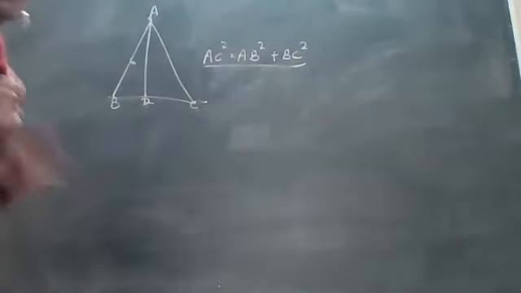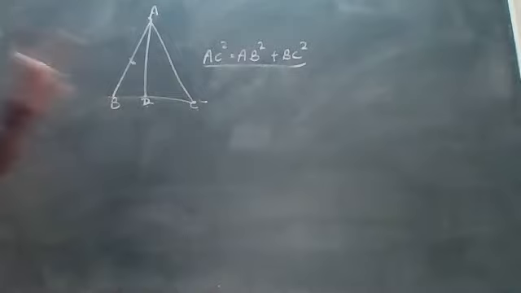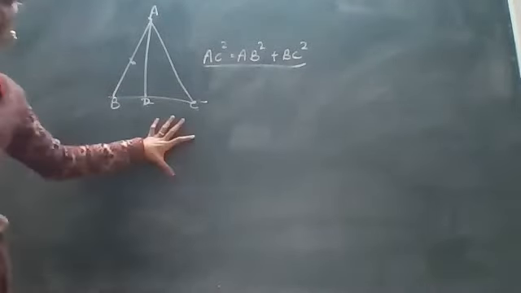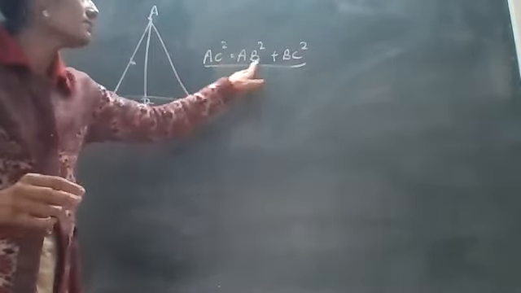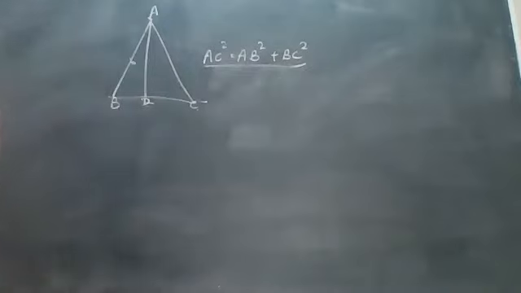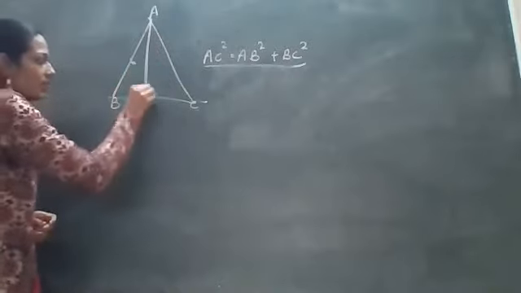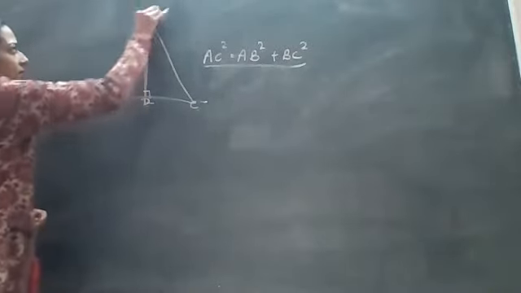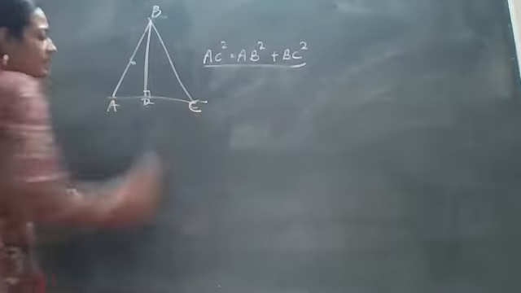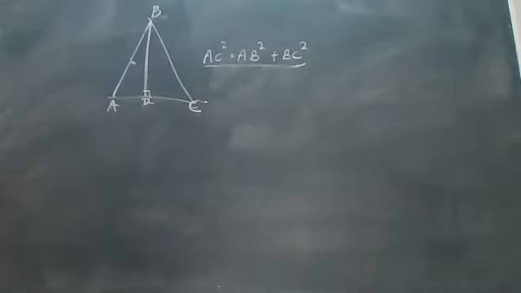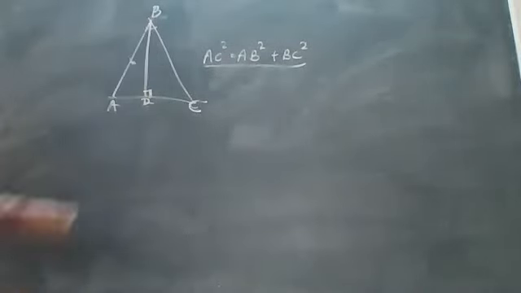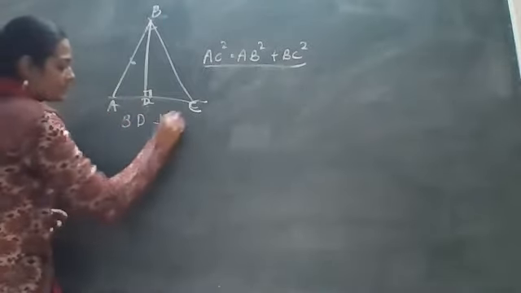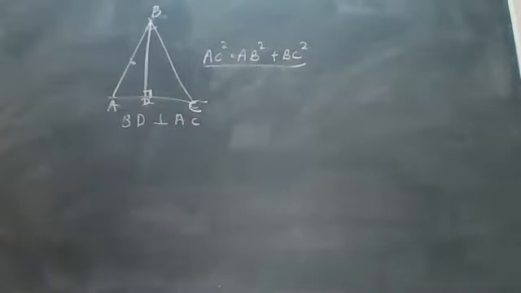So we are starting from the beginning, okay? So what is given to us? We have been given that ABC is a right angle triangle at B, and we have to prove that AC square is equal to AB square plus BC square. That we are going to prove, okay? So now here we can say we have drawn this perpendicular line from B. That is given, right? So it is a perpendicular line from this vertex B. So we can write that BD is perpendicular to AC, which we have taken ourselves.